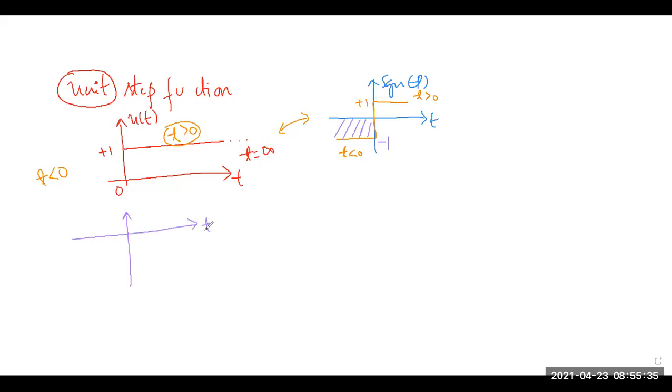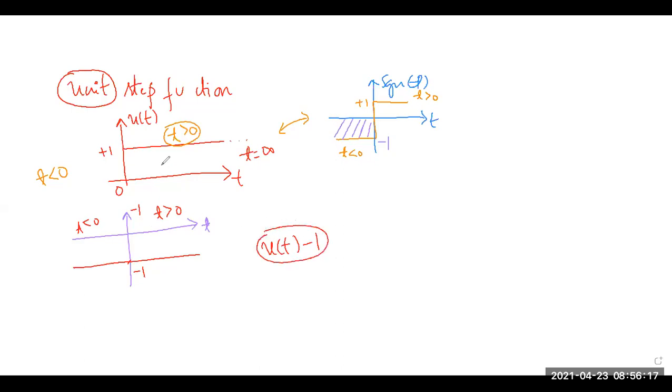So if this is the time axis, now -1 can be thought of as a DC signal that is independent of time. If I were to plot this -1, I have to go below the y-axis. So this is -1 amplitude, and it is constant for t lesser than 0 and t greater than 0. Now we are supposed to see how exactly u of t minus 1 would look.